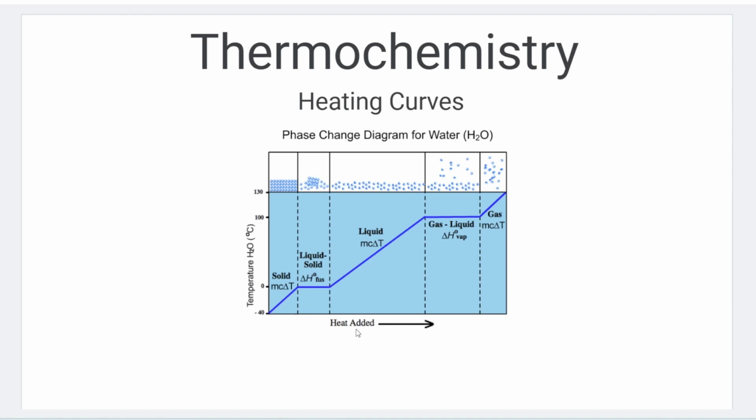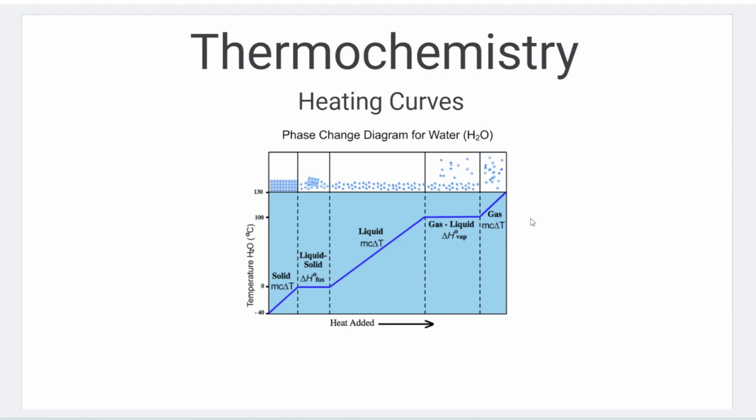So as more heat is added, the temperature continues to increase. Once you reach water's boiling point, 100 degrees centigrade, then as you add heat, temperature will no longer increase, but rather it will go towards turning the liquid water into a gas. Once the water is fully vaporized, it is a gas, meaning that once you add more heat afterwards, temperature will